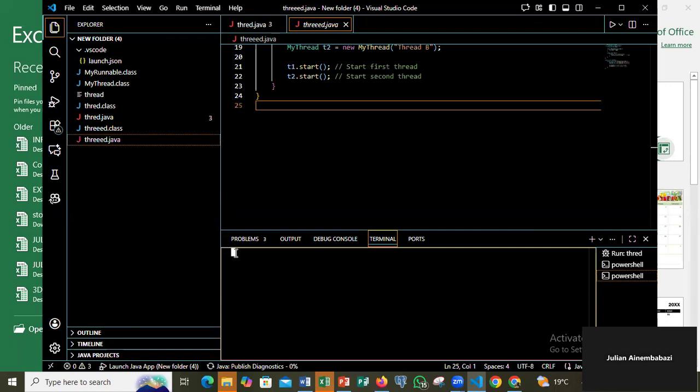Developing a program, you can see how you can create multiple threads or multiple tasks to run within your program. So here,